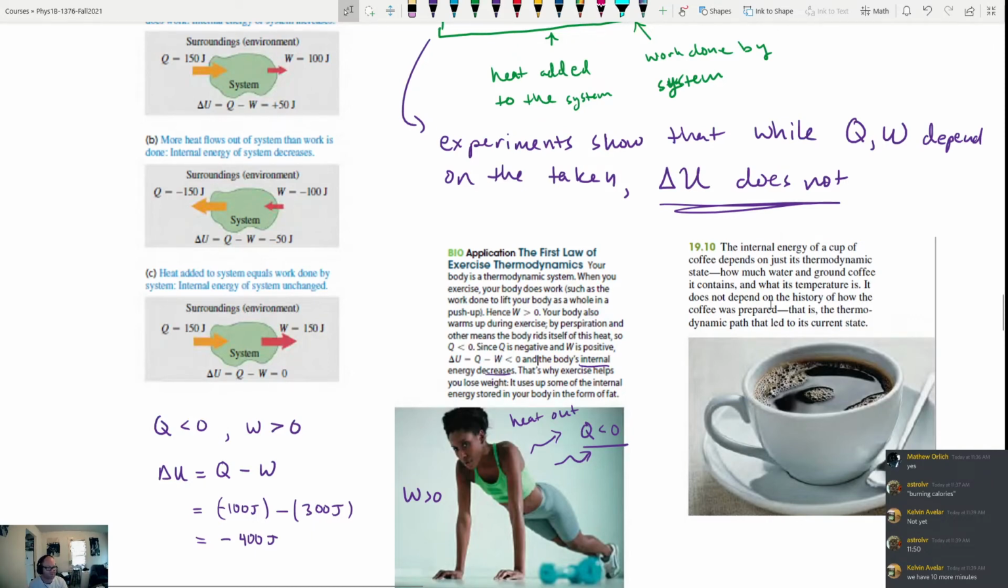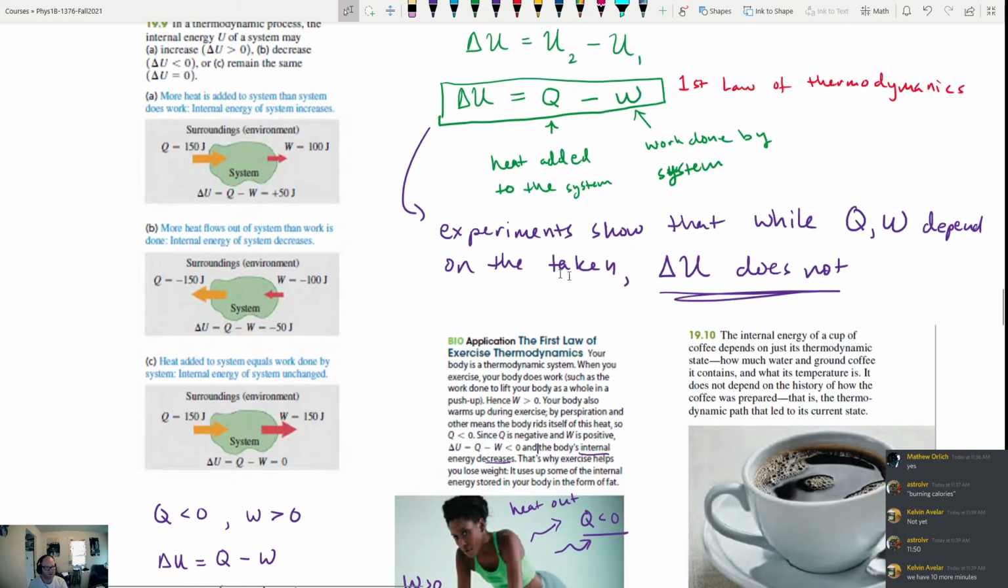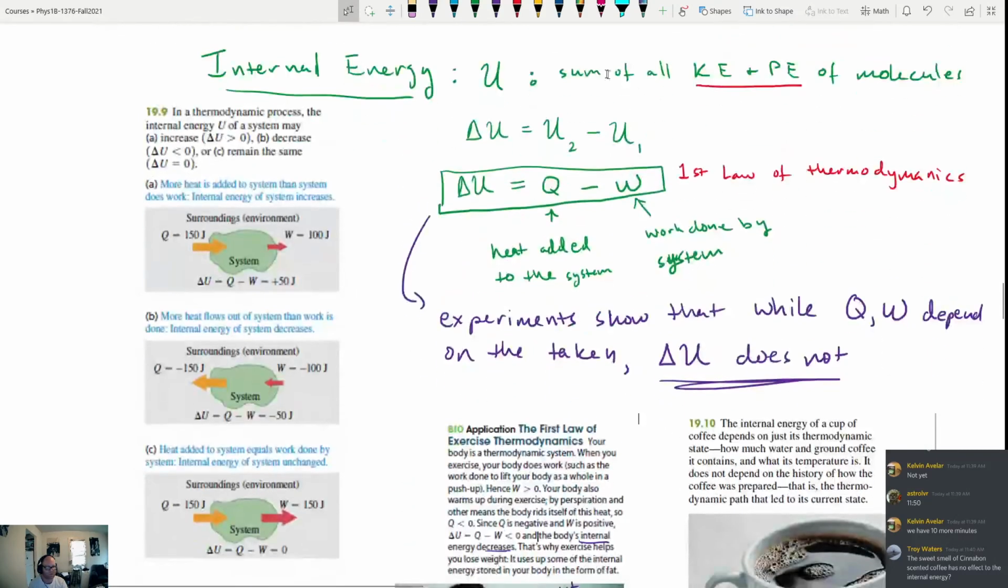And it can't possibly depend on whether it was warmed and then cooled, or whether it was put into a freezer and then warmed up again. You know what I mean? It doesn't matter. Whatever its current temperature is, whatever its current size is, those are the things that are going to determine how much internal energy you have in the coffee. And that's why you could say that even though experiments show that while Q and W depend on the path taken, the change in internal energy does not, you'd say, well, that's obvious, because if internal energy really is something about the sum of all the kinetic and potential energies of the molecules,